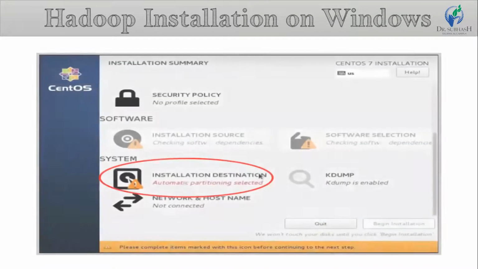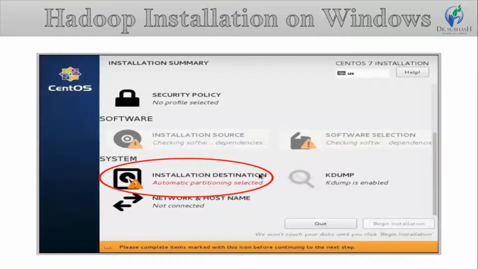Now, next, you will need to click on installation destination. For that, now you will see the following window.